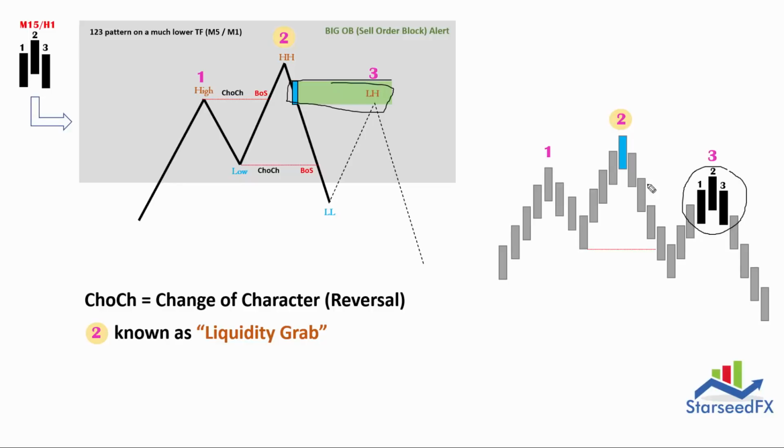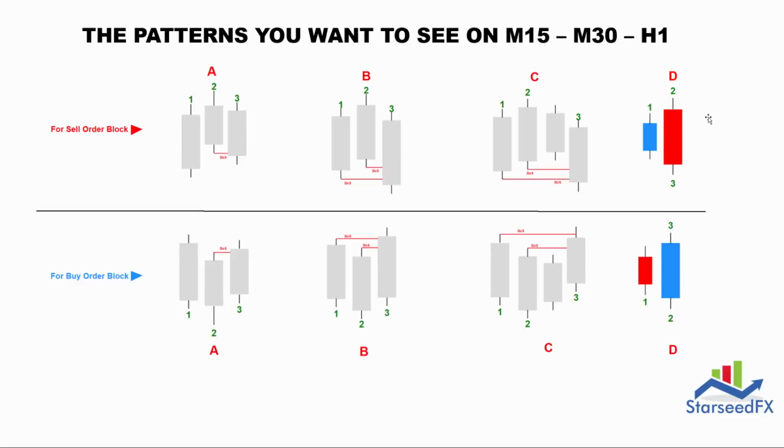If you want to make this pattern to become your direct entry signal, choose only B, C, D type. This one, B, C, D. You want to use this if you want to make this become your direct entry on the lower time frame. You want to make sure that candle number 1 is also taken by number 3. But if you are still hunting from a higher time frame, let's say from M30, H1, or M15, you can use A type here and then go to a much lower time frame for sniping.